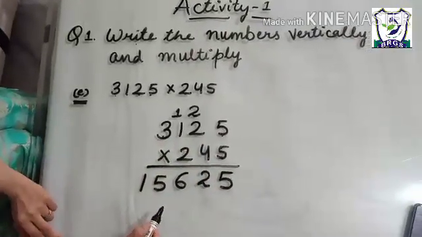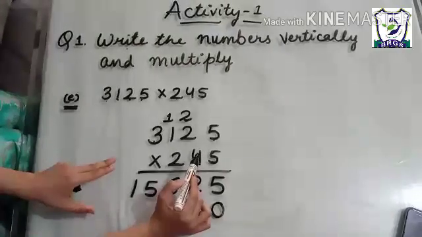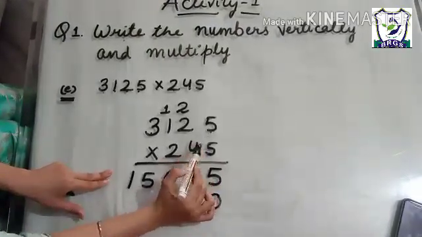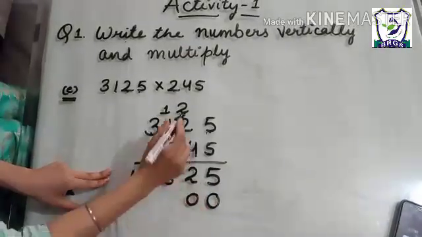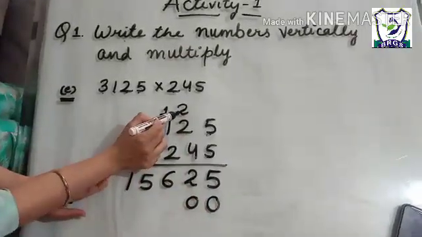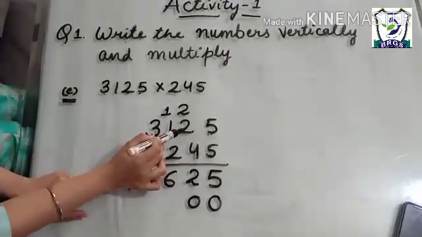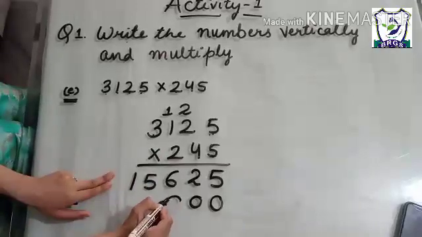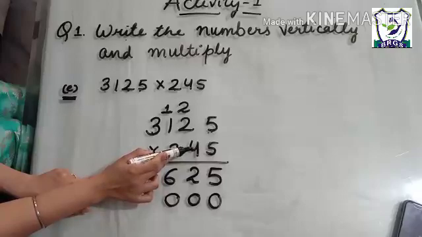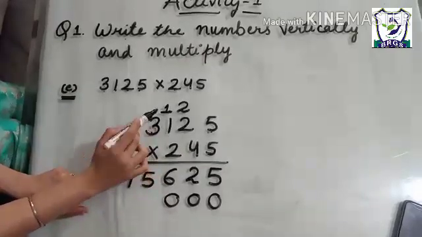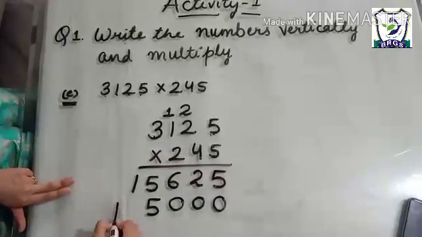Now our next step is we always write a 0 here. Then we continue here with 4 into 5. 4 5s are 20. 0 here, and we will also write 2 carry over here, so it is already written. 4 2s are 8. 8 plus 2, 10. So students, 0 here and 1 carry to the next number. Then 4 1s are 4 plus 1. This is 5. Then 4 3s are 12.